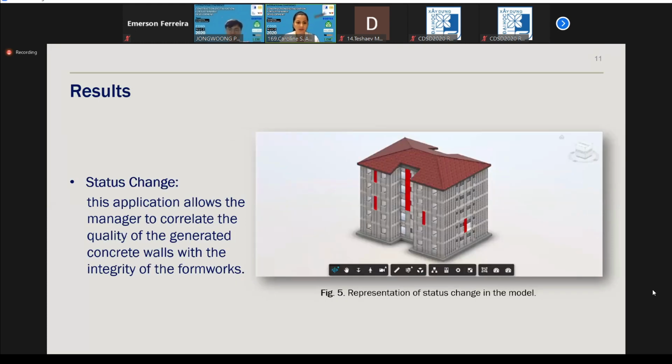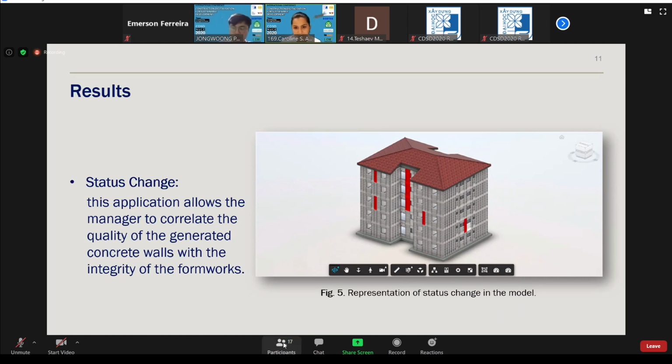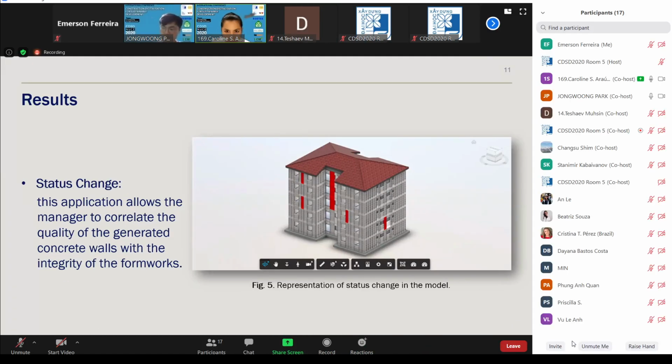And the last tool is a visualization that shows the maintenance status of the complete project. So if at the moment of assembly the formwork presents a defect, the color will change to red automatically. If the color doesn't change, it's because no defect was presented.